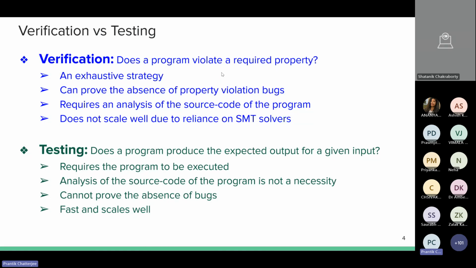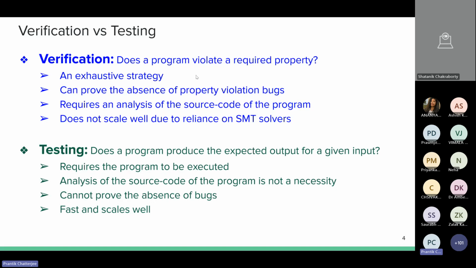Now, verification is known to be sound and complete. Sound because if you have a verifier, and it says that a program contains a bug, then that program actually contains that bug. So it will be a true bug. And it is complete because the verifier is mathematically guaranteed to give you all the bugs.